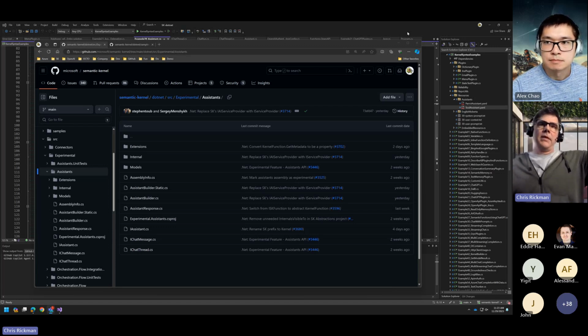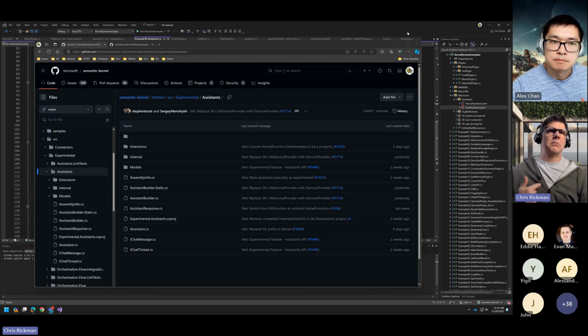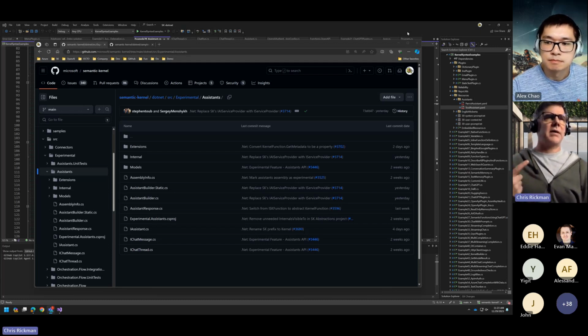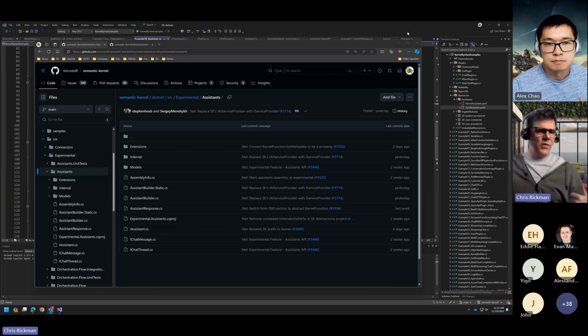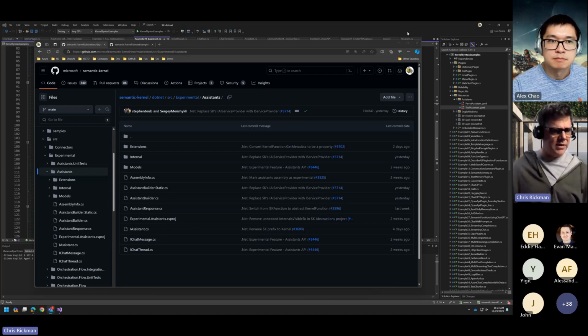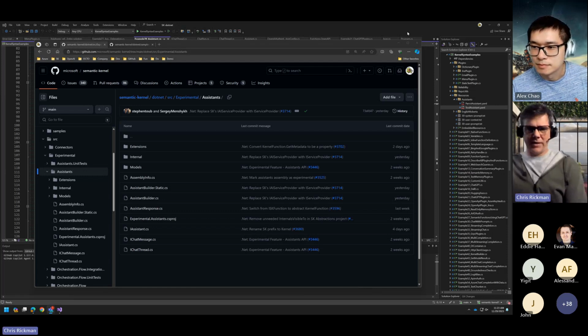So in that way, if you have a lot of native functions or plugins that you're interested in using, a planner could be more capable potentially than the OpenAI one. The assistant experience, the OpenAI function calling assistance, is a little more like the stepwise planner, sort of. And if you want a more comprehensive end-to-end plan that you can expect, audit and re-execute, I think the planners might have the advantage there. If Teresa's back on, she can weigh in.